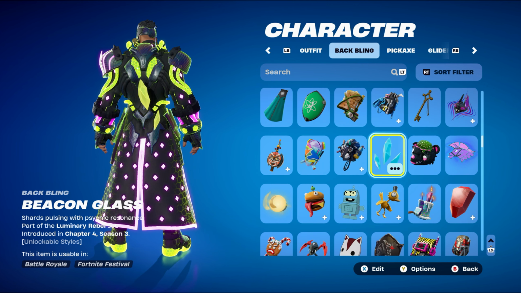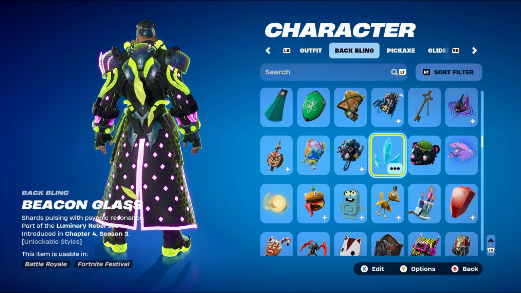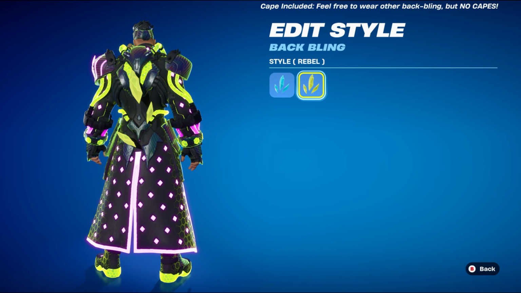As you see, the backbling's a bit bugged out. It's been a bit bugged out for a while. If you change that and go back to it, it just falls. I don't know if it looks like that in game, but either way, the style I'm using is Rebel for